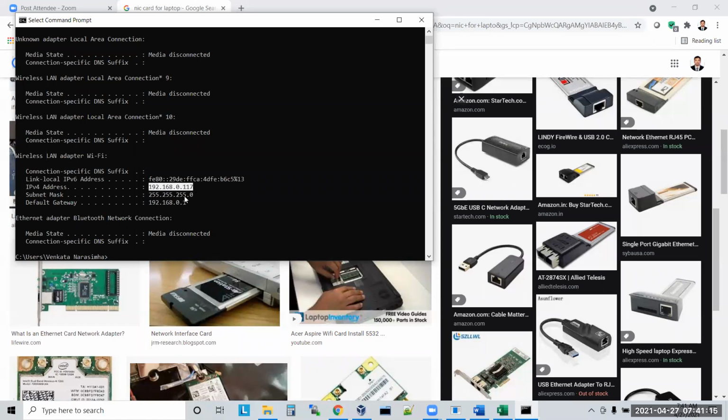This is the IP address for me, because I connected to Wi-Fi, the wireless LAN. That is the reason this IP address has been given. Like this, one system can have multiple IP addresses. Understand? So why do we need multiple IP addresses?